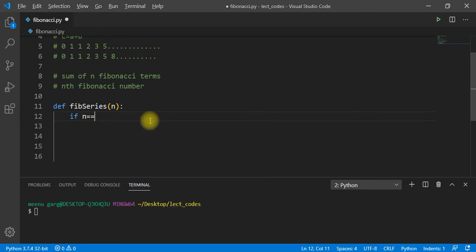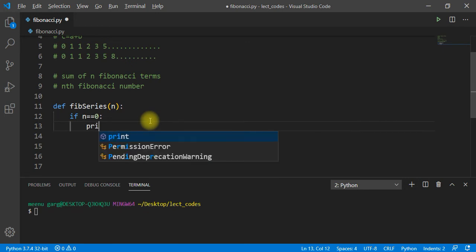If n is 0, if the user says give me the 0th element, what will we give him? We will just print n.